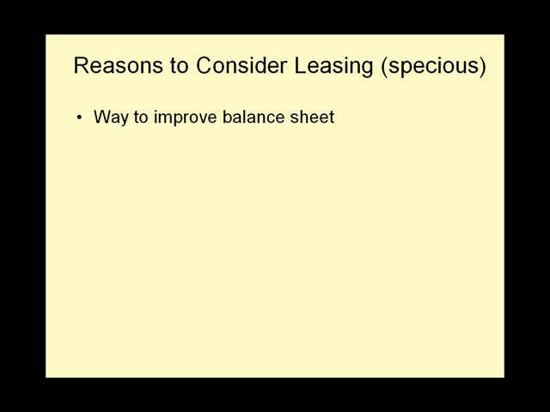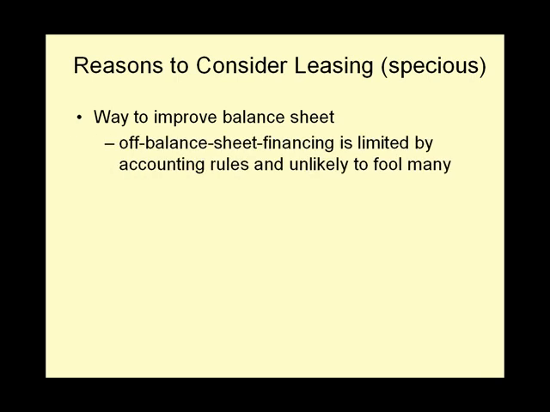If the firm were to lease the asset instead, the reasoning goes, the firm could avoid both the asset and debt increases on the balance sheet and thereby avoid an increase in the debt financing ratio. However, fairly recent changes in accounting rules have reduced the opportunity for this so-called off-balance sheet financing. Hence, leasing is generally not a way to improve the balance sheet.